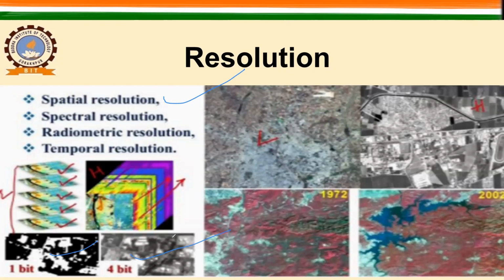The next one was your spectral resolution. Here you can see there are 5 bands, 1, 2, 3, 4, and 5, and here you can have n number of bands. So how do we define spectral resolution? First of all, we have to see how many bands or how many images have been captured in a particular wavelength range. So let us start from 0.4 to 2.5 micrometer, and considering it has only 5 bands, which is here.